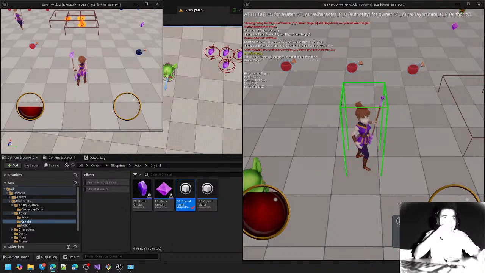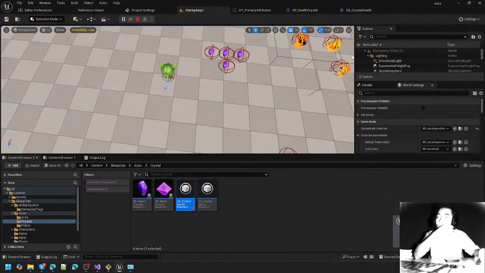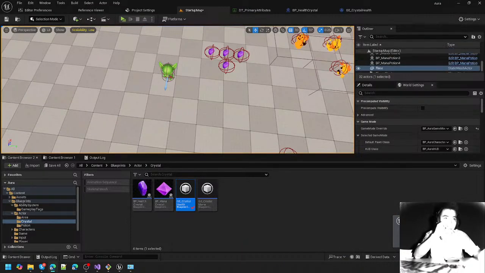If we take our stacking type and set it to none, now it doesn't stack anymore. We just apply the effect multiple times, and each time counts as a new gameplay effect. Let's see what happens now. We'll show debug and pick up all 3 of these, keeping our eye on the owned tags. And now we see that we have 3 of the attributes of vital health tags,